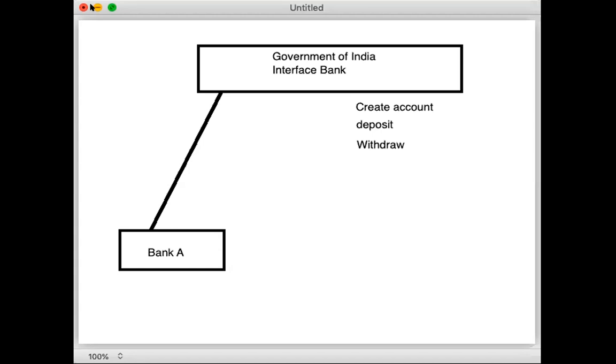Now we will move ahead to our actual code part. One second, guys, I'm trying to search for my Eclipse.